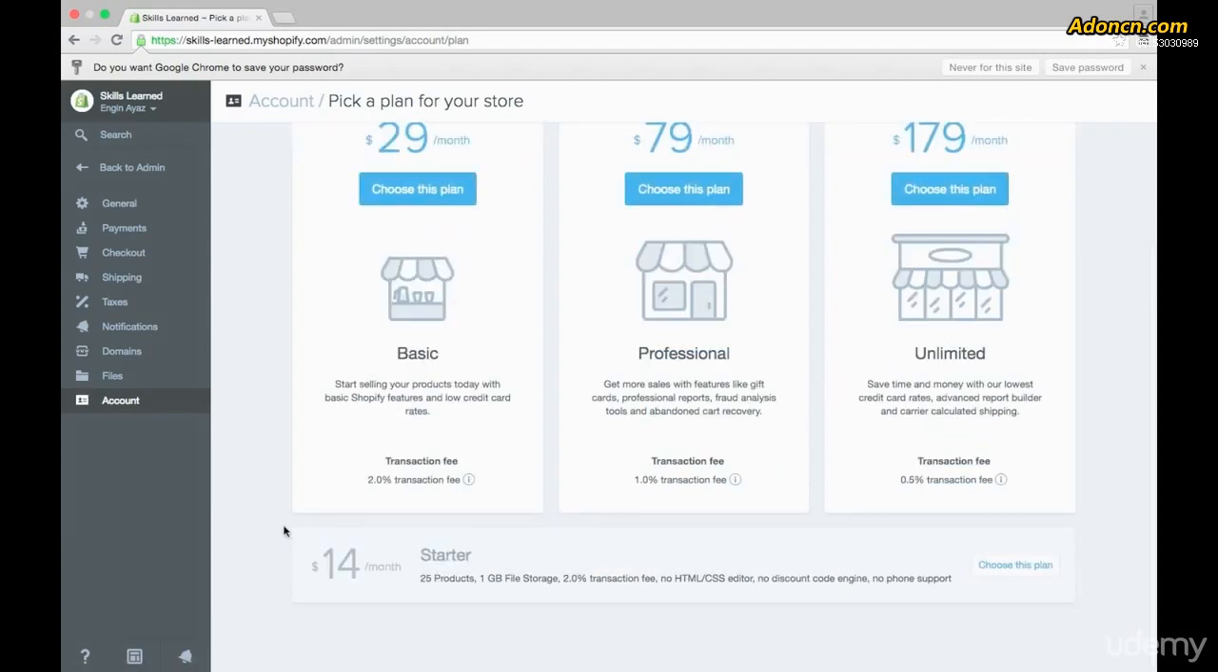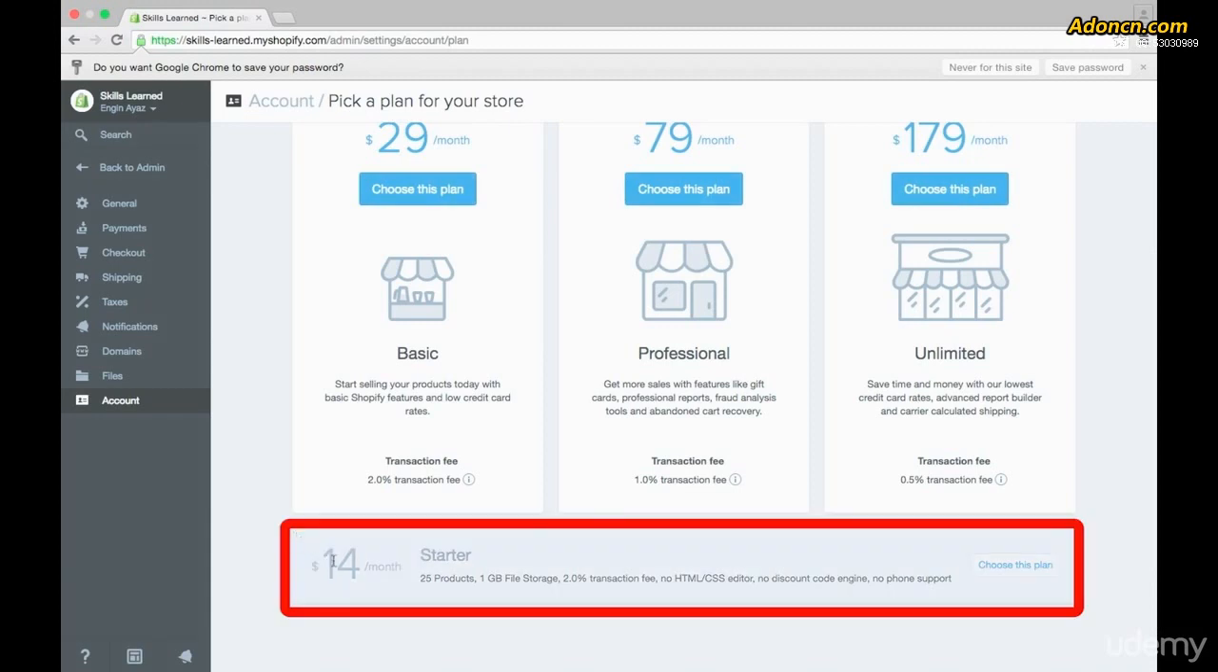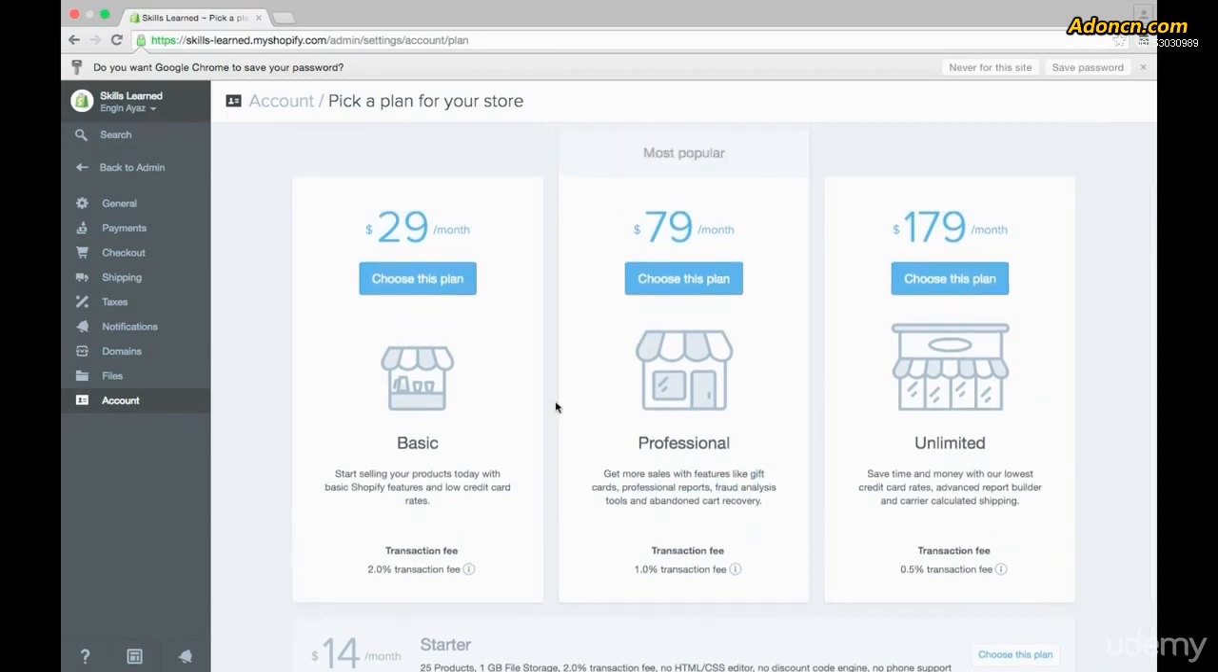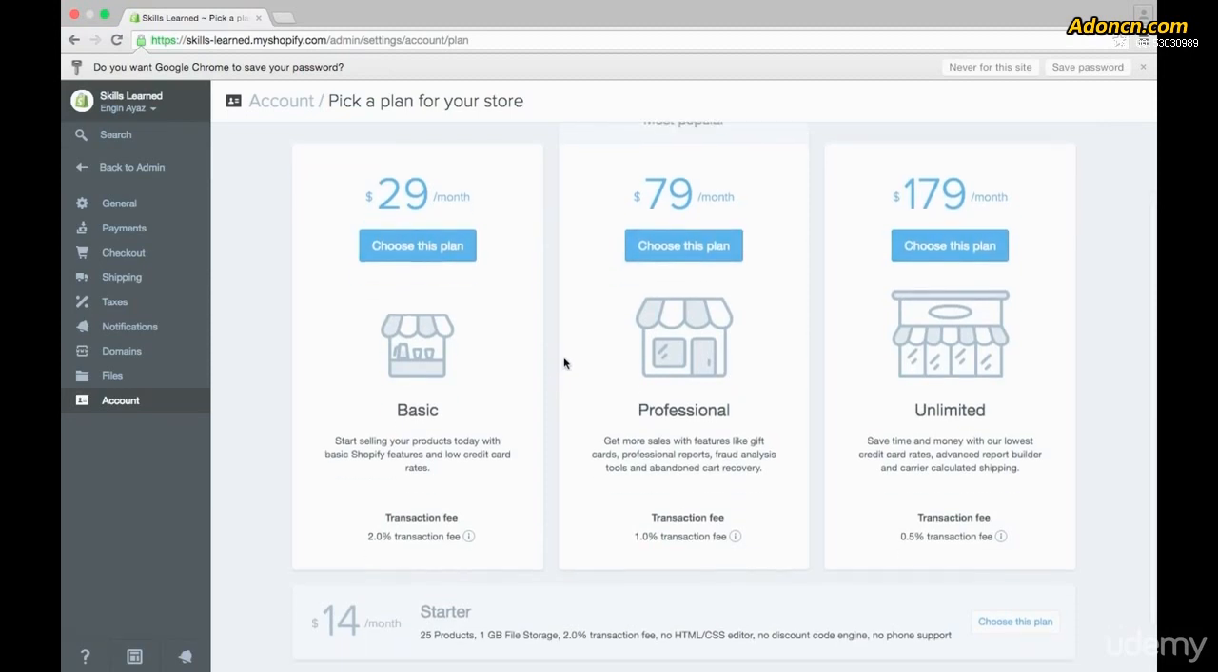If you go down to the bottom of the page, you'll see the fourth option, which is a $14 a month starter plan, which is just fine for most people who have under 25 products and who don't have very large files. There is a 2% transaction fee, however, and you are limited in that you can't use any type of HTML or CSS editor. There is no discount code engine, and you get no phone support, as well as you're missing those things like gift cards and professional reports and so on that you would have to upgrade to a better plan to be able to get. So let's go back over to the account area by clicking on account